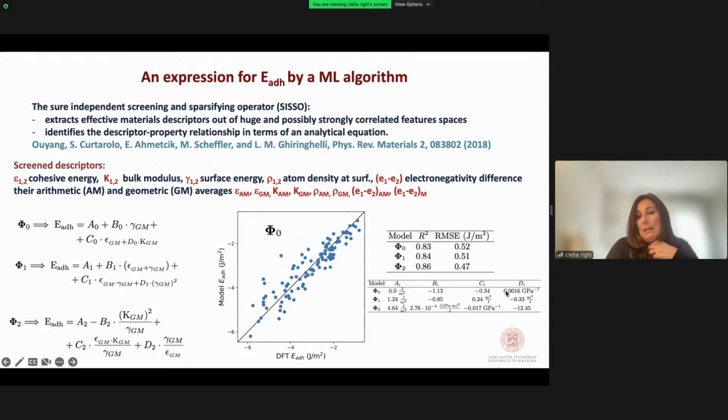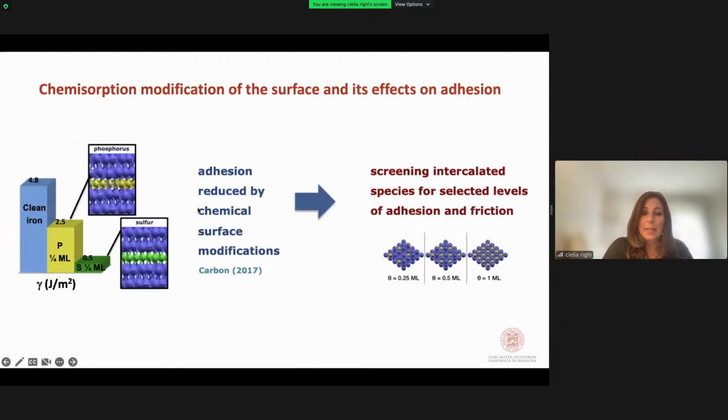But the coefficient is very small in comparison to the other two, where the surface energy dominates. So this is an example of what can be done when databases are constructed, and this is what we are also trying to do by considering chemical modifications of our surfaces,